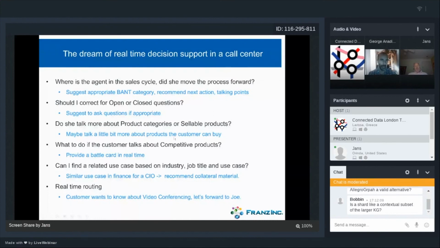Does the agent talk mostly about product categories, or should she talk about the products that the customer can actually buy, the sellable products? And what should the agent do when the customer starts talking about the competitor? Yeah, so you need to have battle cards in real time, so you can help the call center agents with